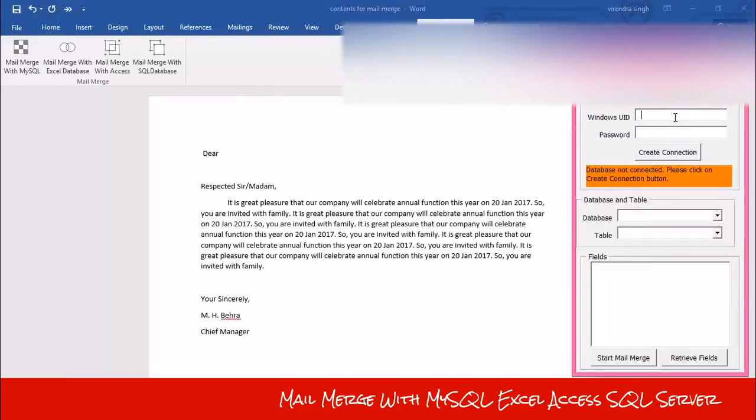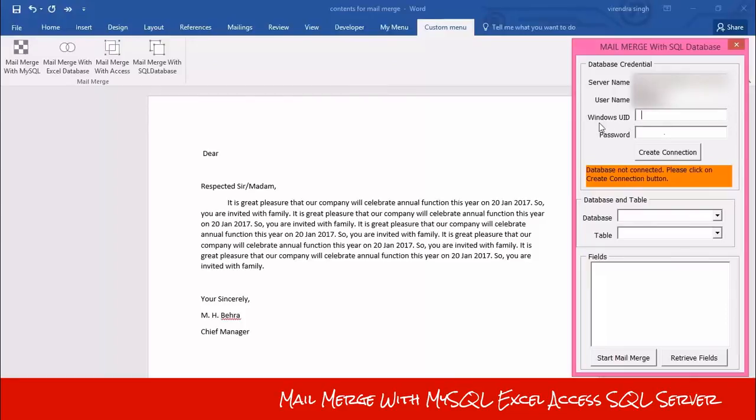If you connect to your SQL server with your Windows ID, then you need to put your Windows ID in this text box, and there should be a password. And now click on this button, create connection. As you can see, the color of this label has turned green, and database connected.